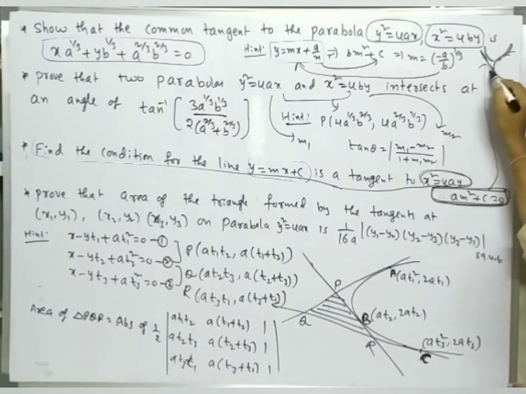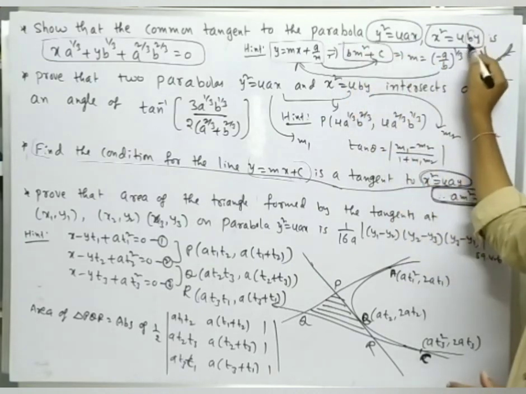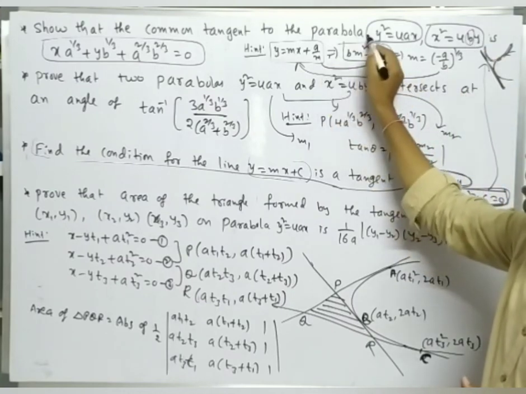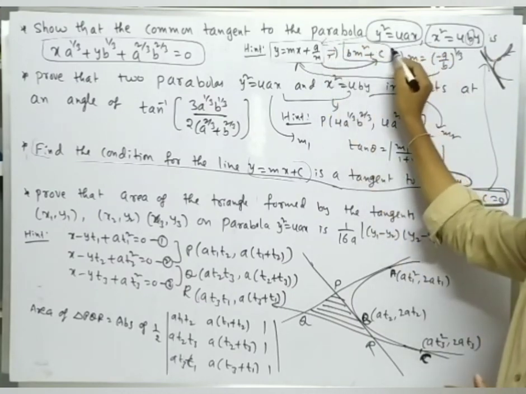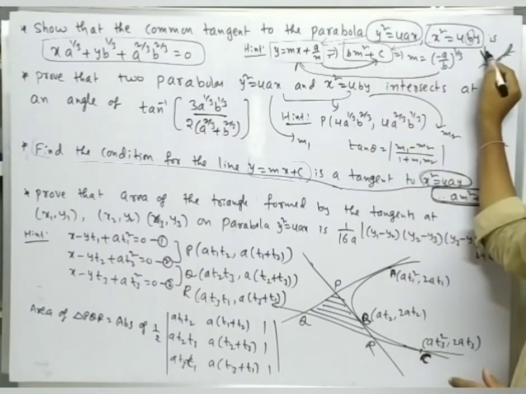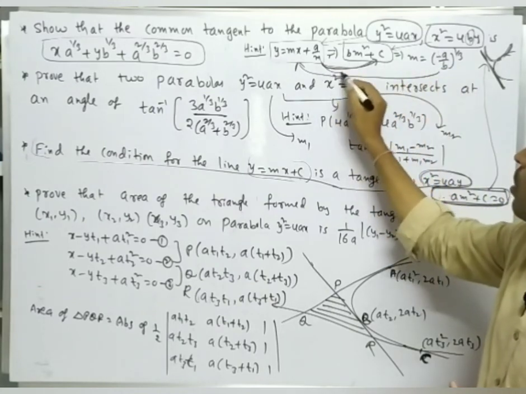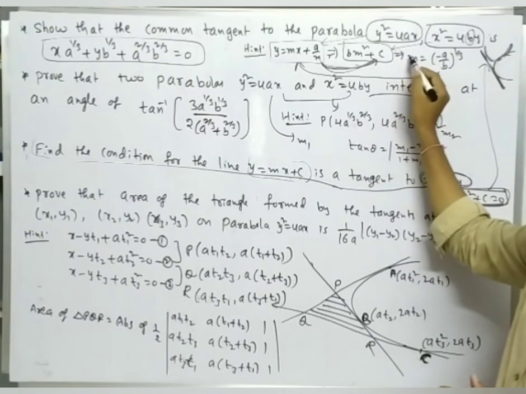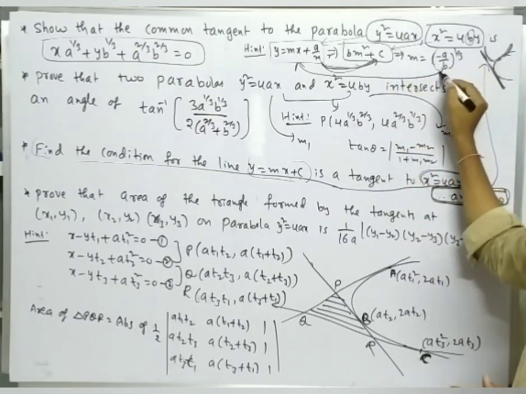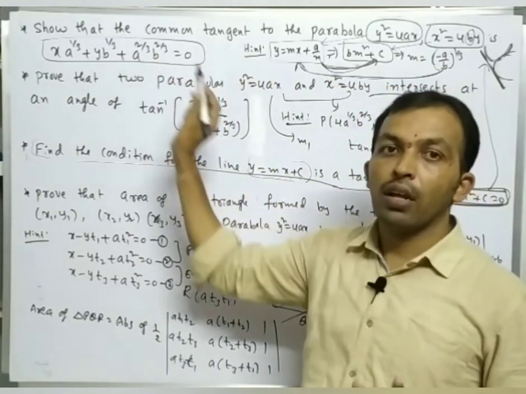So here use that condition. The condition is bm square plus c is equal to 0. Why? Because here b is given. Now this is the equation related to this, and this is the condition for this. So the tangent is tangent to x square is equal to 4by also. Therefore, solve these two equations. Then you will get m value is equal to minus a by b whole power 1 by 3.